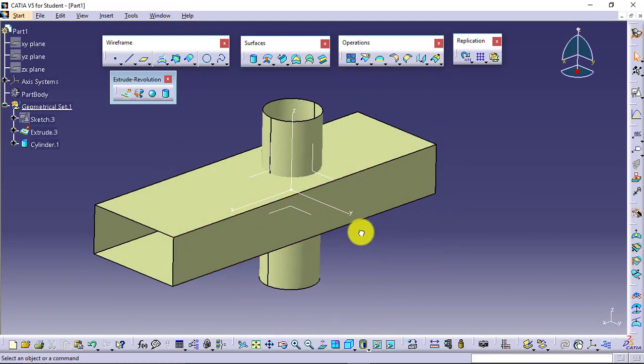Now whenever we work with the surfaces, our main aim is to create the shape, but whatever shape we want to create, it should be a single surface only. Until we have that single surface, it will be difficult for us to convert this into 3D. Not in 3D, I will say convert into solid. So whenever we have two or more than two surfaces, we try to make those surfaces one and then continue.